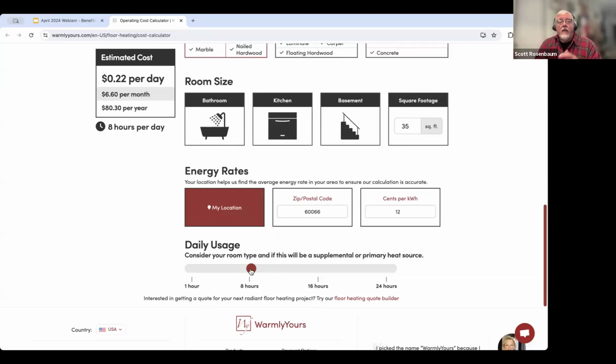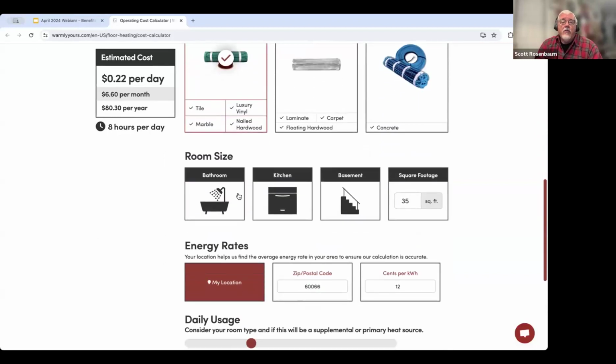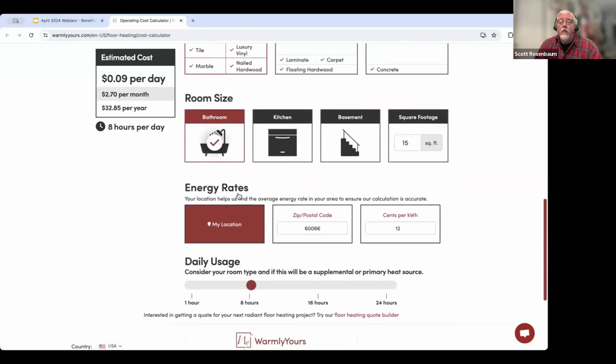So it kind of gives you an idea there. So let's go up there. We can just take a quick look. Temp zone floor heating system, that's what's used in bathrooms with tile and such. So we can leave that there. We can choose bathroom. Or if we wanted to, we could put square footage over there, but we're keeping it simple. So the bathroom, and then put in energy rate of